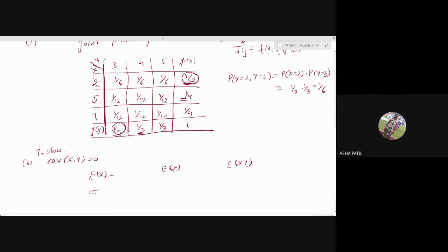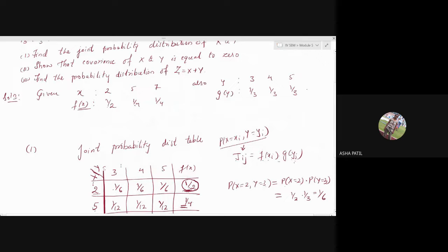Further, you need sigma x, sigma y. Or else you can even skip this, because whatever the value of sigma x and sigma y, the numerator covariance of xy is expectation of xy. That is rho, no? Covariance is just expectation of xy minus expectation of x into expectation of y, right? Find these values then. Will you do it yourself later? Because we are running out of time.